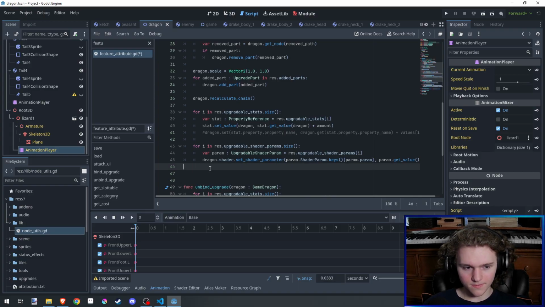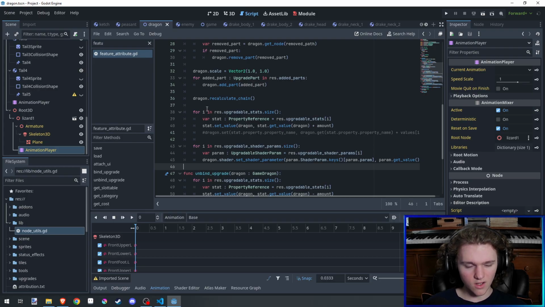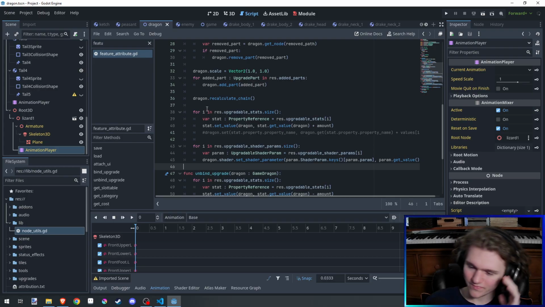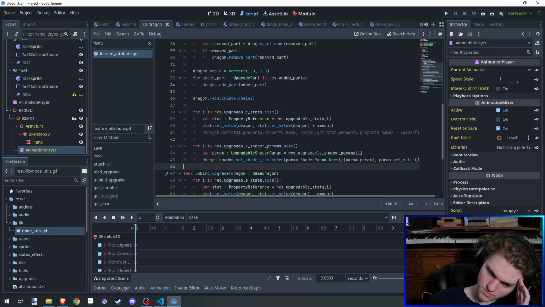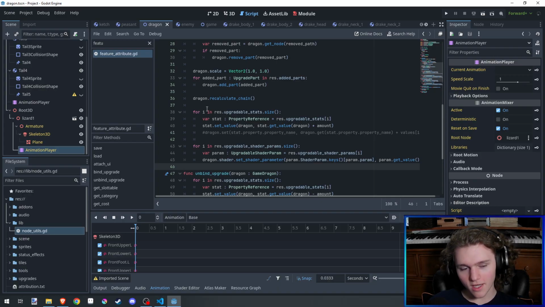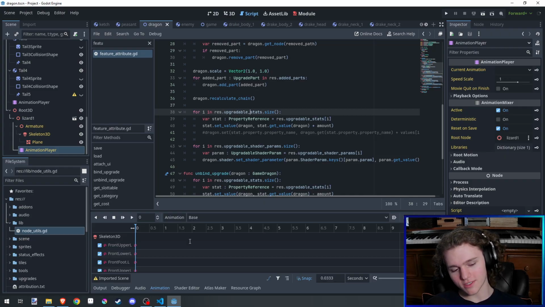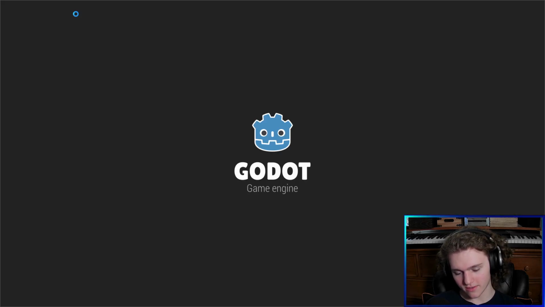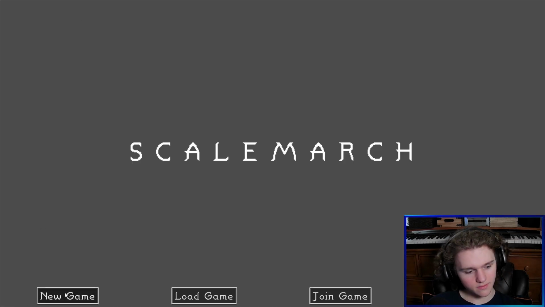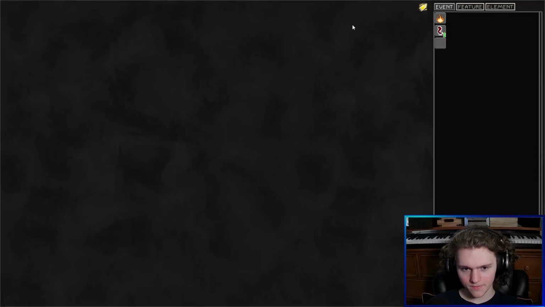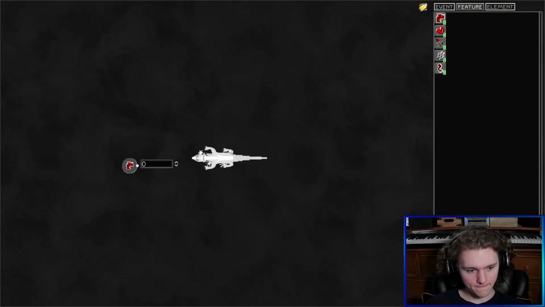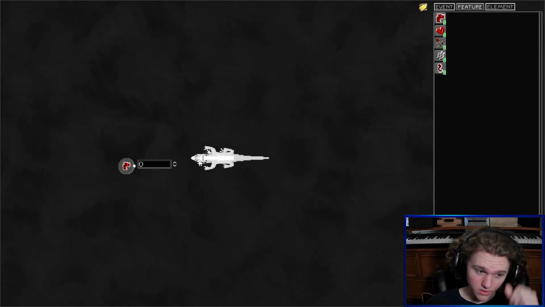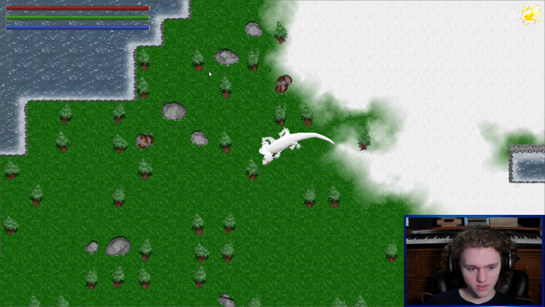I'll probably do it. Oh, are we gonna have to... Yeah, we have to consider the 2D side of things as well. Now, this already kind of works, confusingly. The upgrade kind of works in a way. It just doesn't switch out the 3D part, but it does give us the correct configuration of 2D nodes. So it looks pretty goofy. Let me demonstrate. It's also showing the 2D nodes, but when we actually run it,